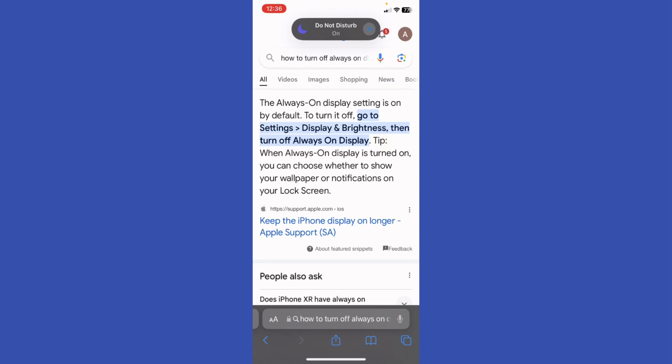How to turn off always on display on iPhone. Here it says the always on display setting is on by default. To turn it off, you can just go ahead to the settings, display and brightness, then turn off always on display. Tip: when always on display is turned on, you can choose whether to show your wallpaper or notifications on